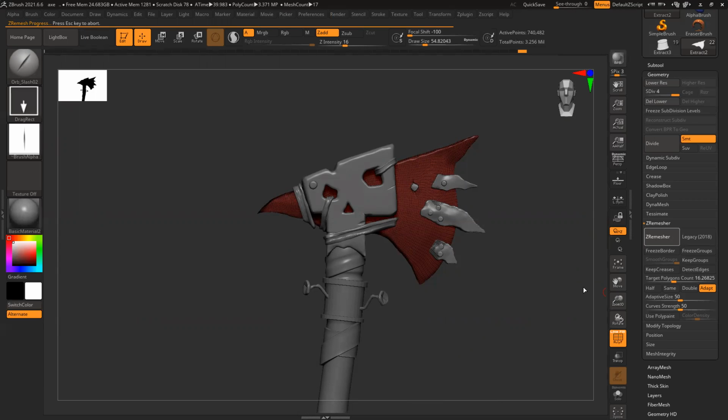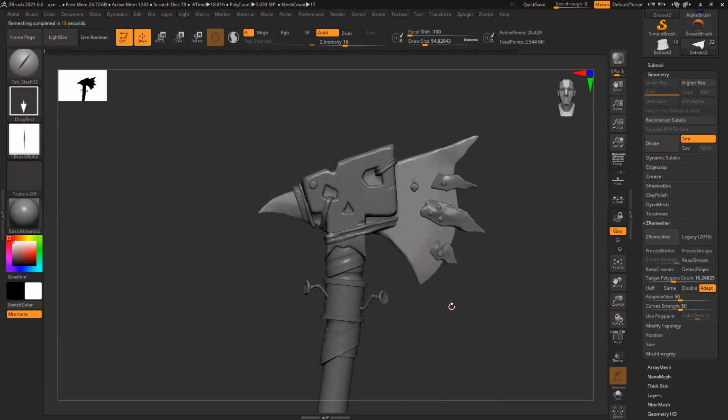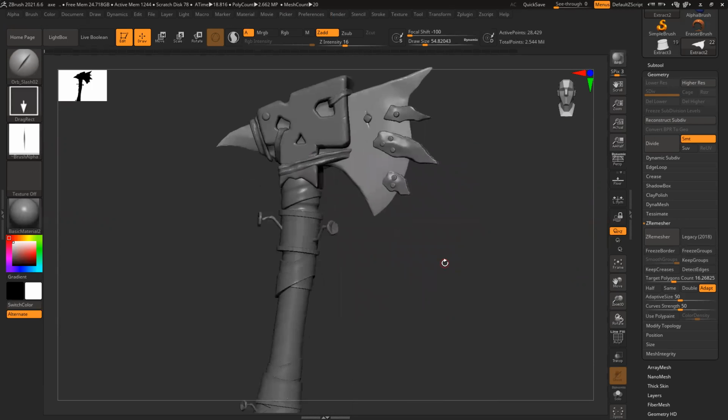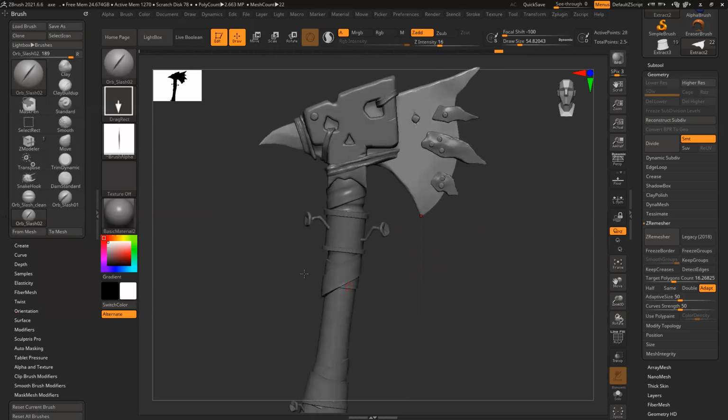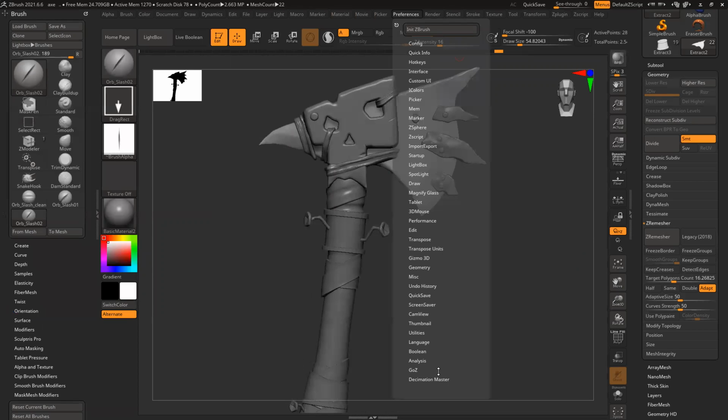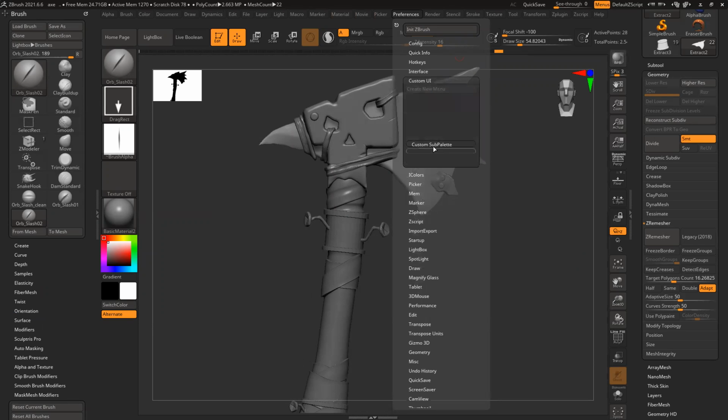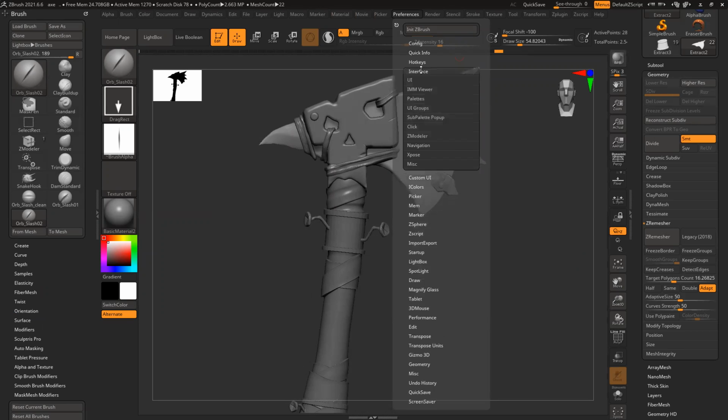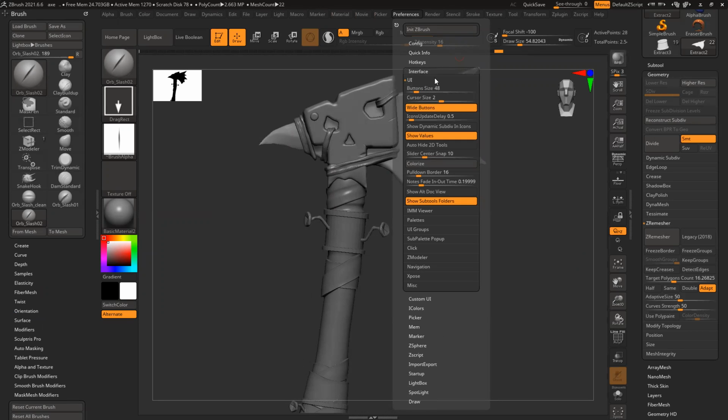Sir, you said yesterday you will teach how to customize the UI. Oh yes, I had completely forgotten that. Yeah, let's save this thing. Custom UI. No, before that, I have to modify the interface somehow.